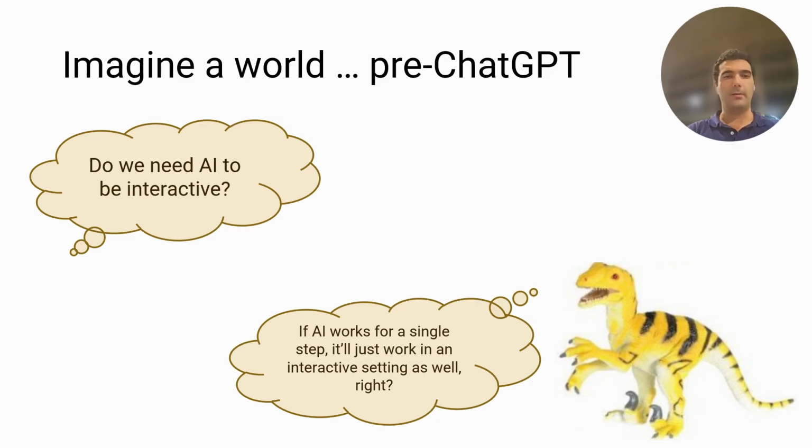But for a while in the community, there was this view that AI may not need to be interactive, that we could treat AI as a single step sort of black box, that if it was intelligent enough, it could take in on the input everything that we know about the user and the task and the situation, perform the task, and then you could basically at each turn of interaction treat the single step as the AI, and the overall interactive setup would just be the system on top of it. And I'm going to try to convince you, though perhaps this is a little easier these days, that AI needs to take the interaction with the user into account for it to be truly useful to the user.